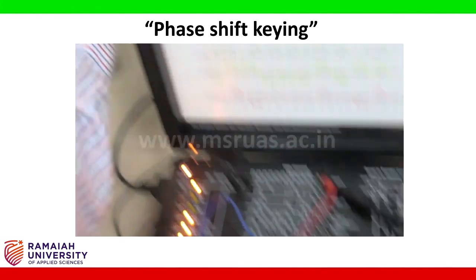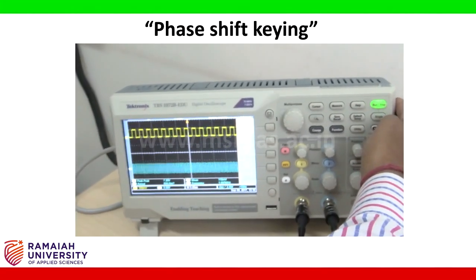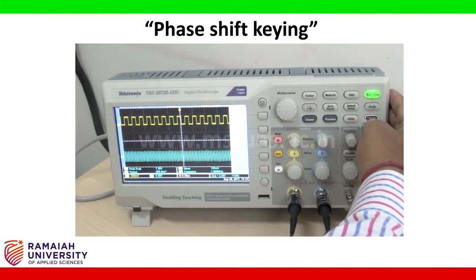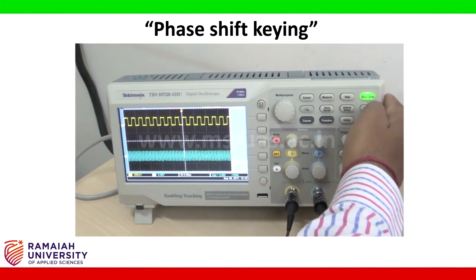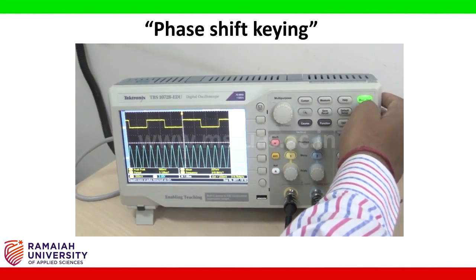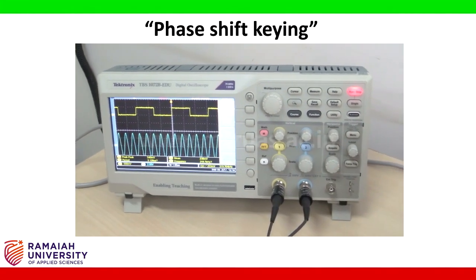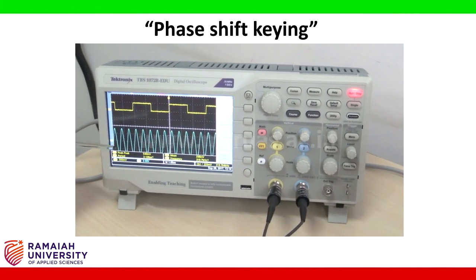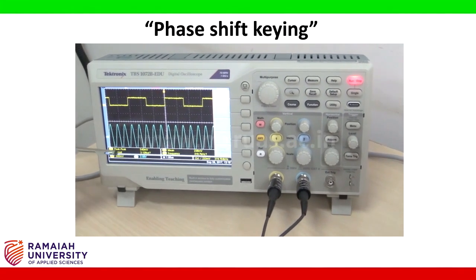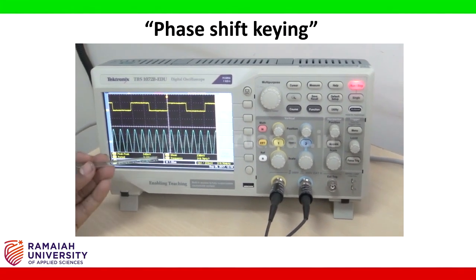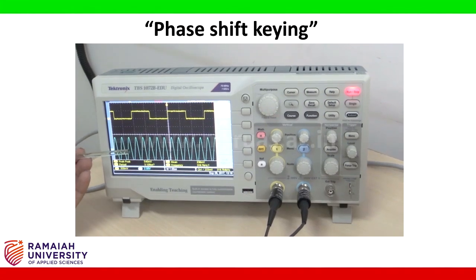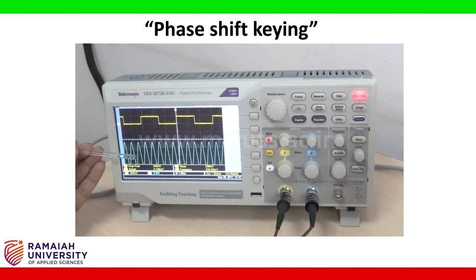Now press the run and stop button again, you can stop the auto set also, and press run again. Now you are observing a carrier wave, a 1.6 megahertz sine wave chosen as the carrier signal,